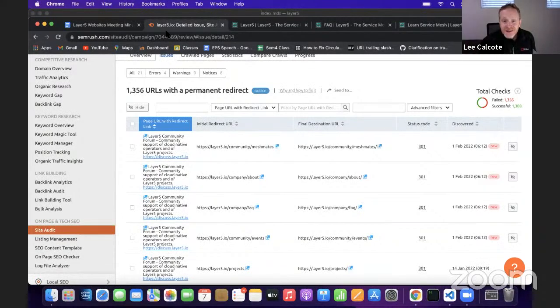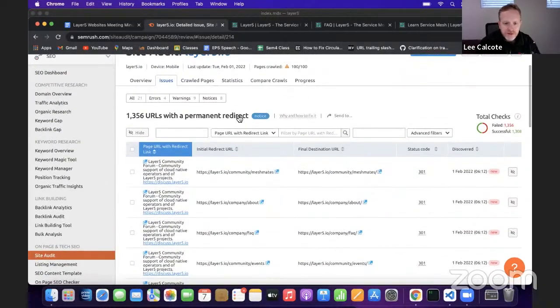Okay. So do we know, is this counting negatively? We definitely don't want people who come to visit in their browsers to be redirected, because it takes an extra second or two to hit the page and then get redirected to a different page. It's not helpful for SEO. It's overhead. So if we can avoid redirects, good.